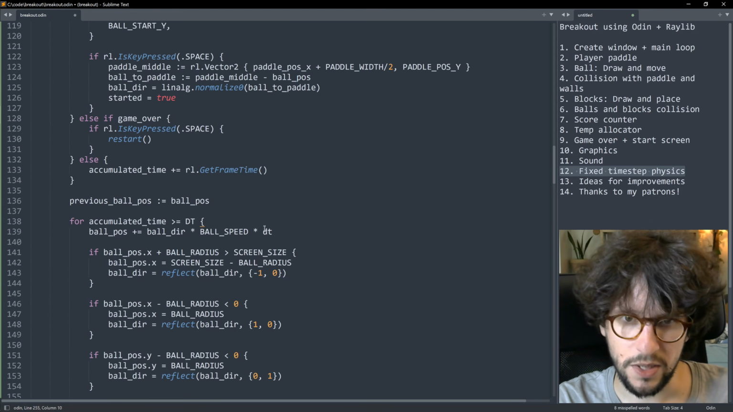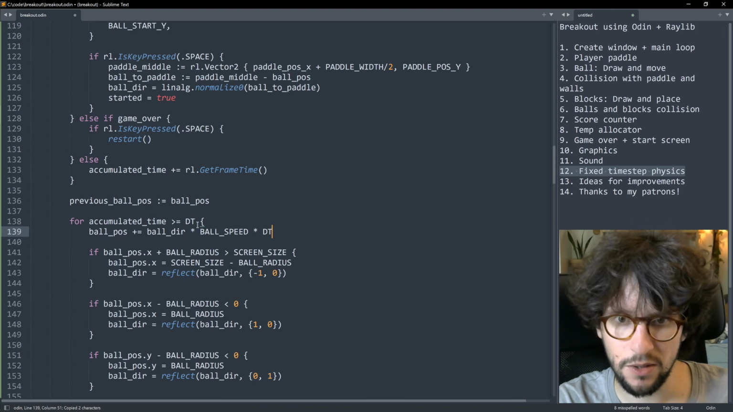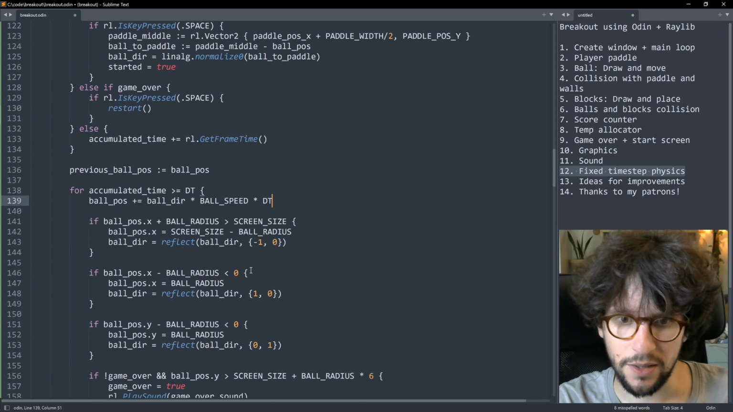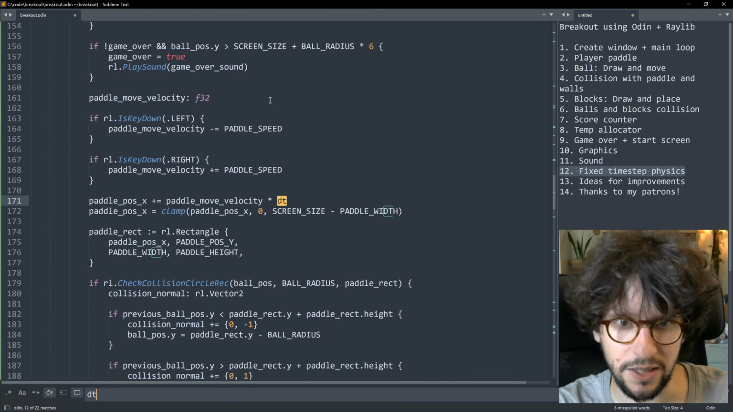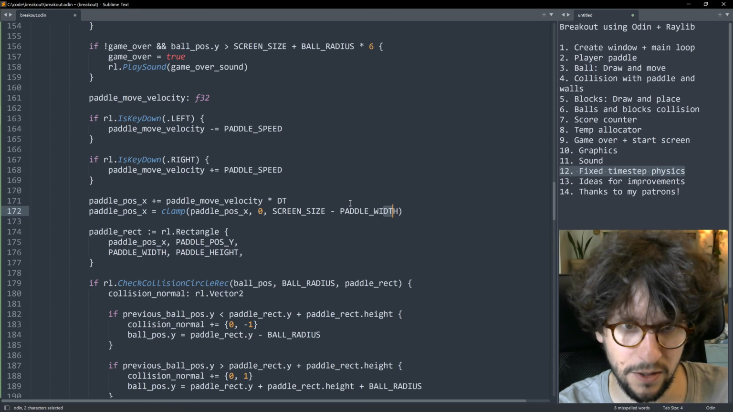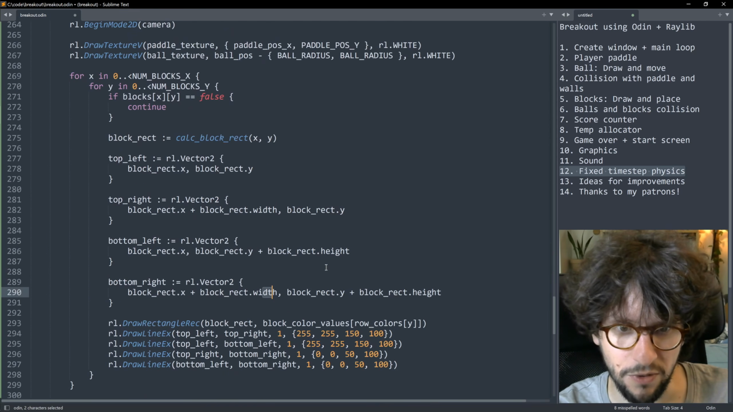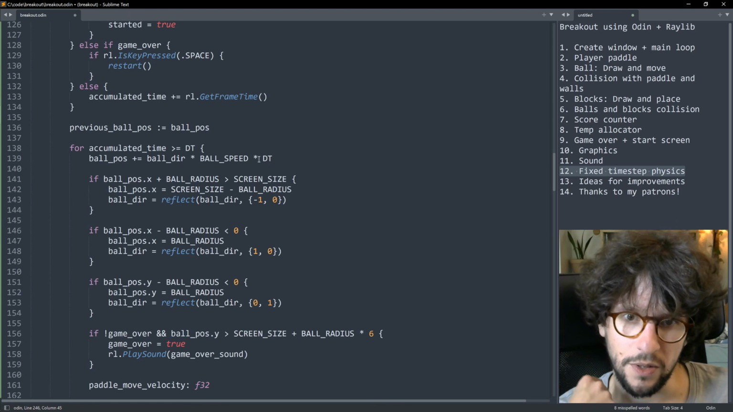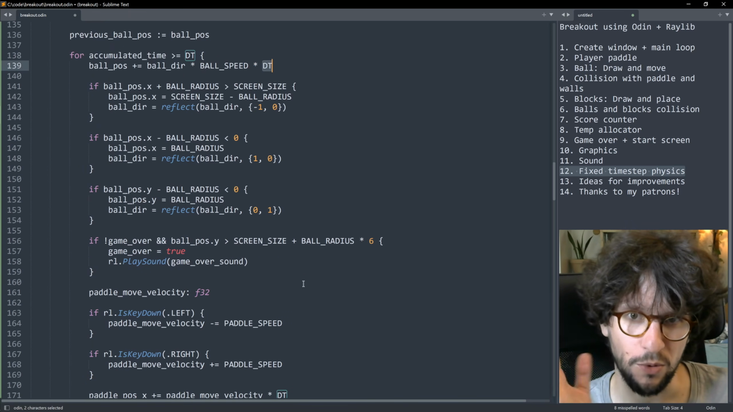Now we see that we have this dt here. We need to replace this dt with that one, and then there are probably a few more. Okay, search for dt. This one here, and then maybe that was it. I think there's only two of them. Yeah. So now we're using the fixed time here, and we're using the fixed time here to move essentially the